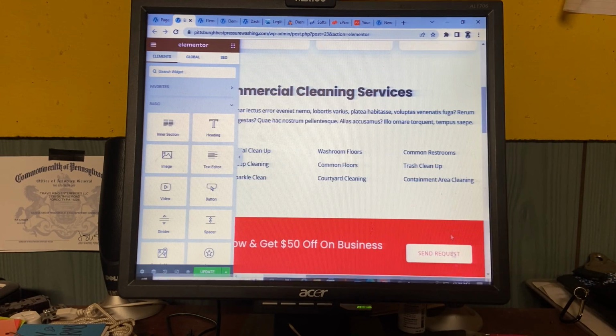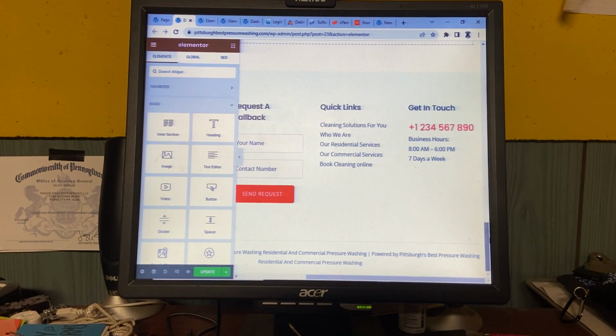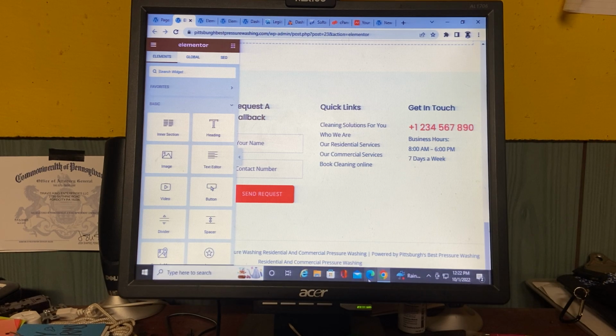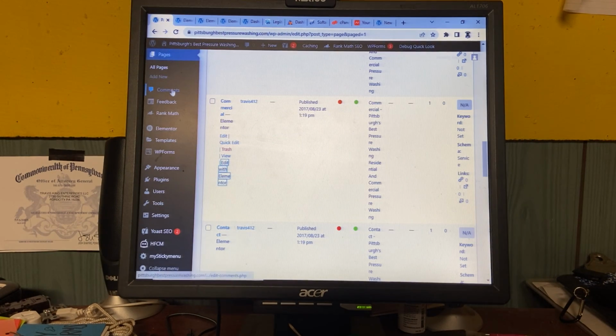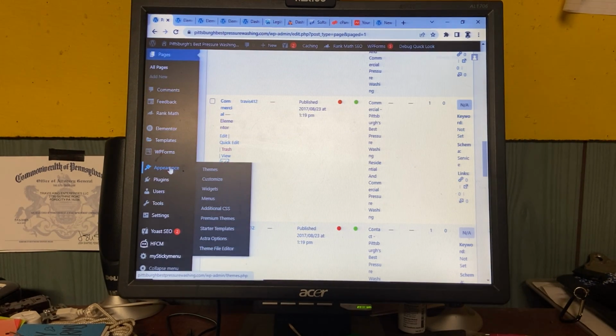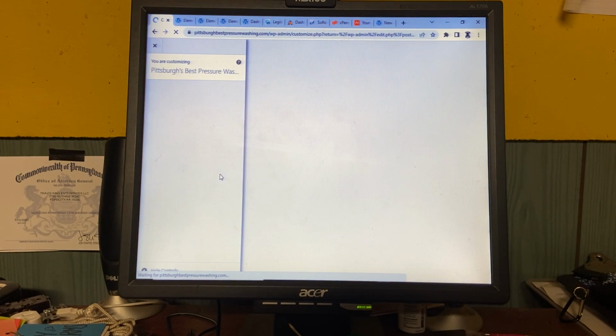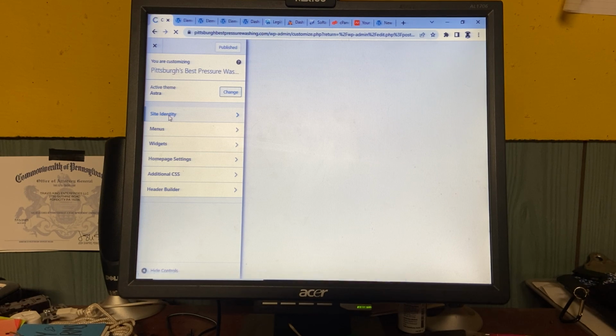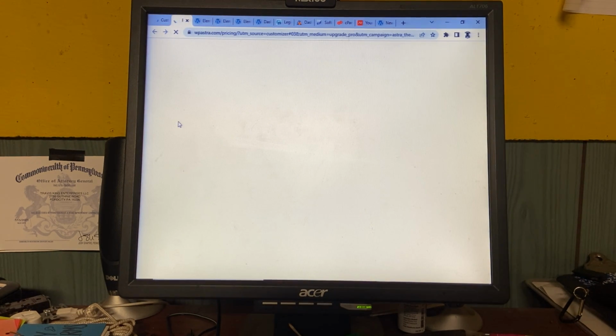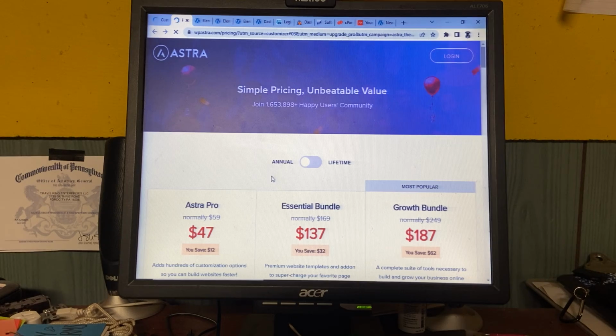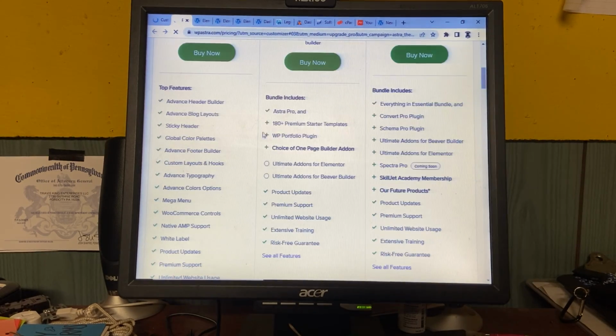Now, real quick though, you can see right now this is still showing their number on the header and the footer. So what we've got to do is go to Appearance, go to Customize, go to Site Identity. Let's go there.